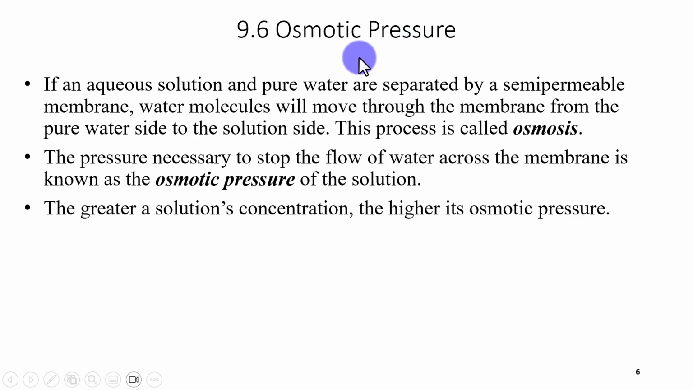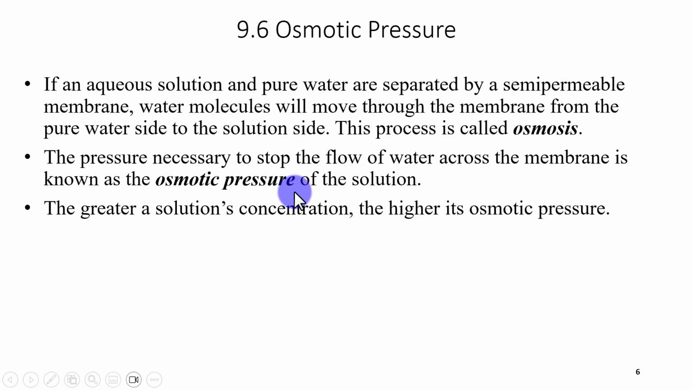Lastly, we'll talk about osmotic pressure. If I have an aqueous solution and pure water separated by a semi-permeable membrane, which is a membrane that allows only certain molecules to pass through, typically small molecules but not larger ones, then the water molecules will move through the membrane from the pure water to the solution. This is called osmosis. The pressure that is necessary to stop this flow of water across the membrane is called the osmotic pressure